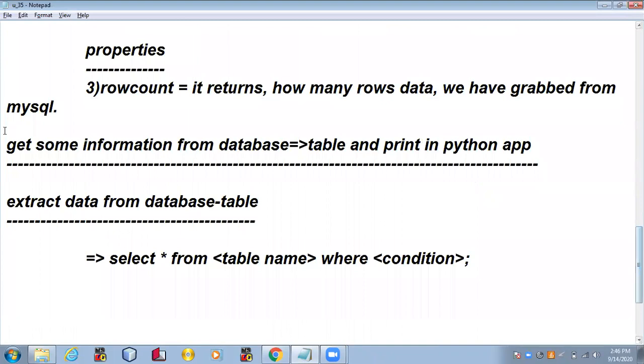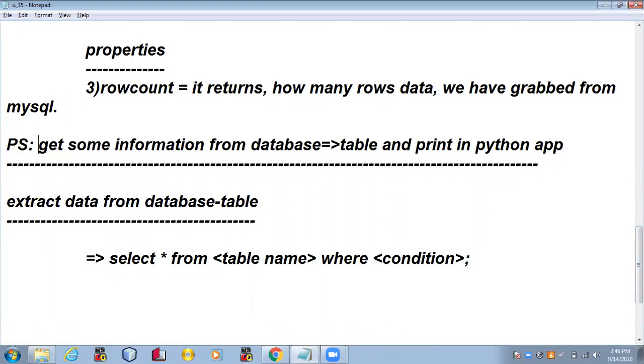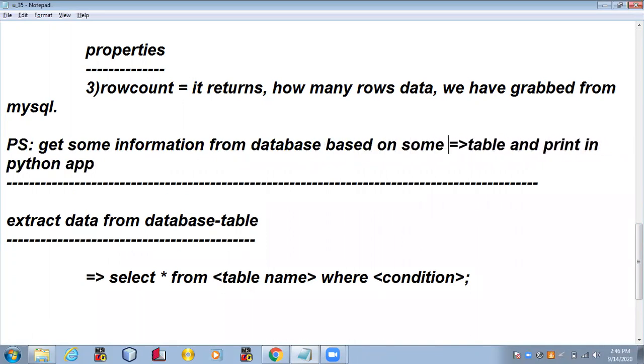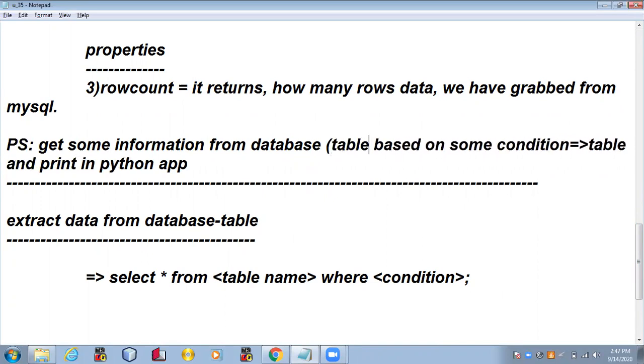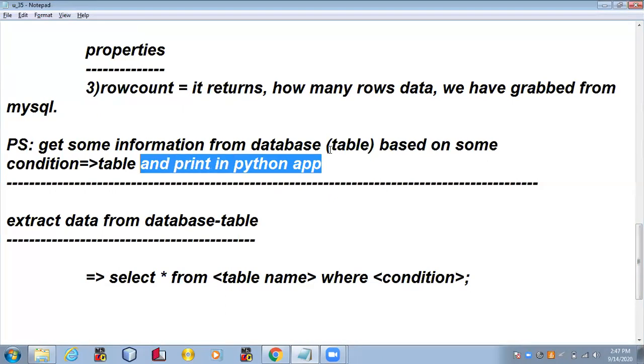We were discussing one problem statement, that is how to get some information from the database based on some condition, and print from the database table and print in the Python application. So this is the problem statement.